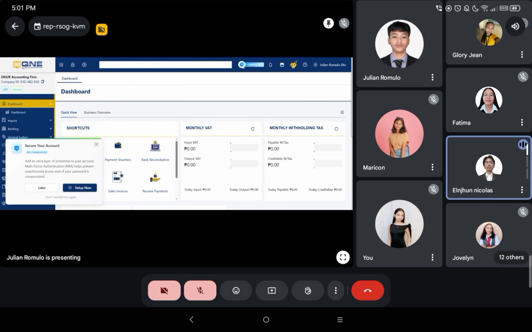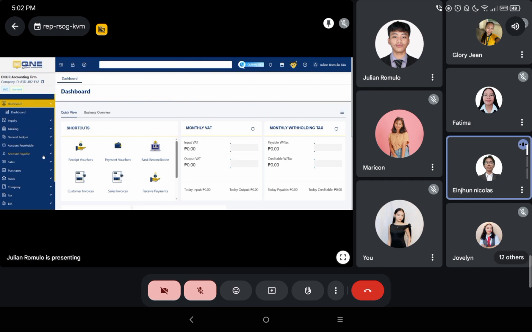Now that the company, or your account, is set up, we move on to the general ledger. So first, we'll go to make the chart of accounts. So please click the general ledger. There you'll see the chart of accounts.